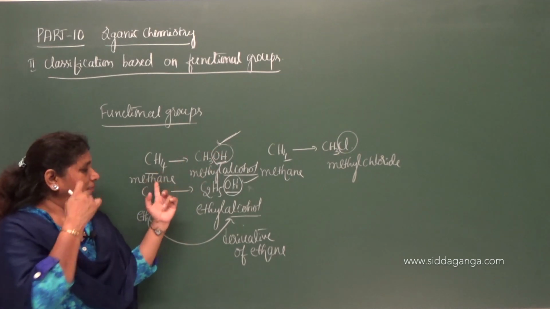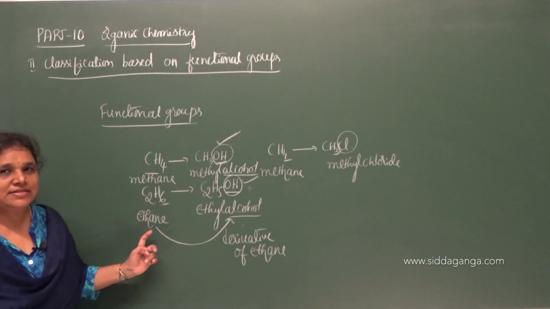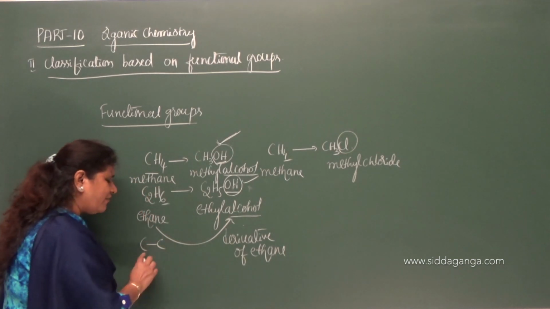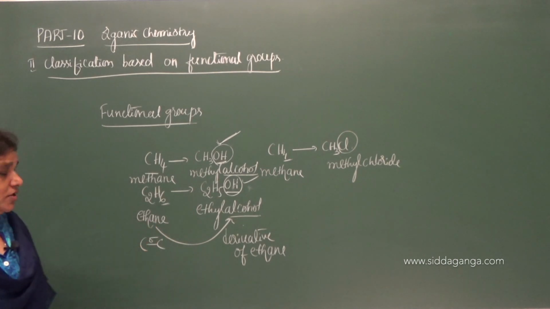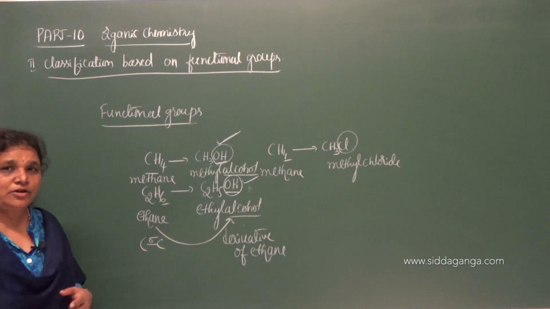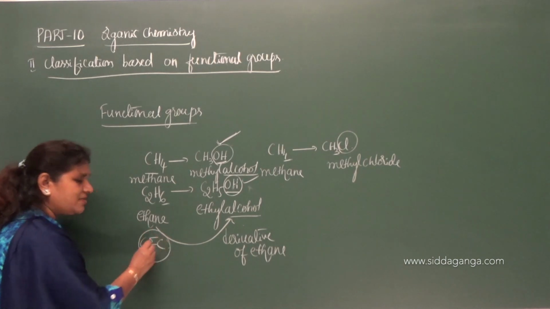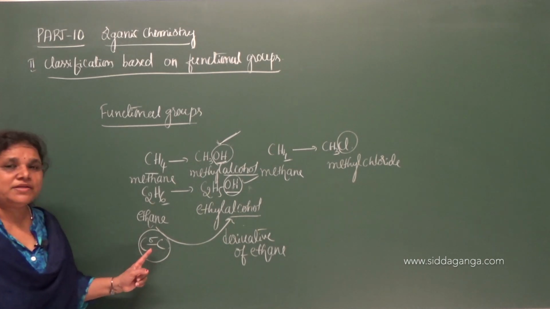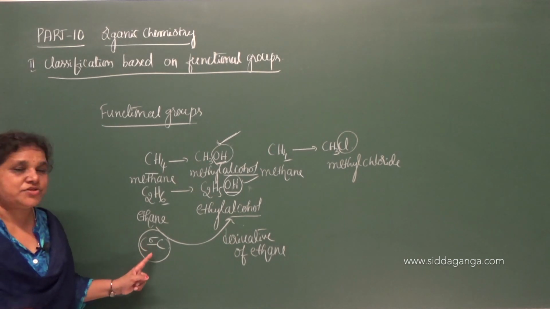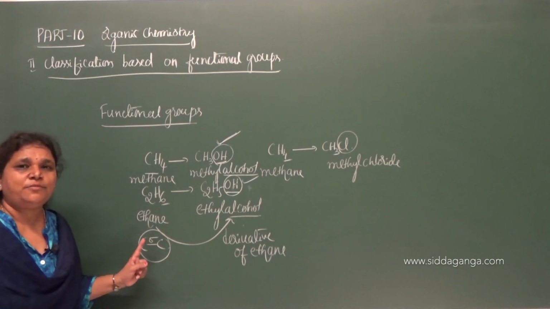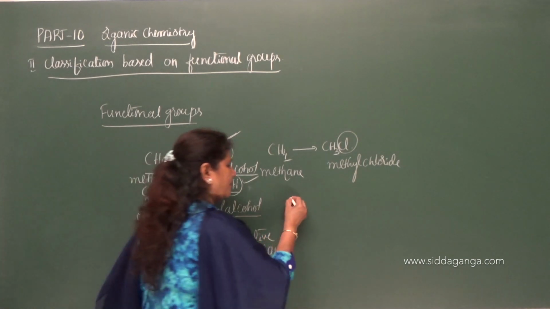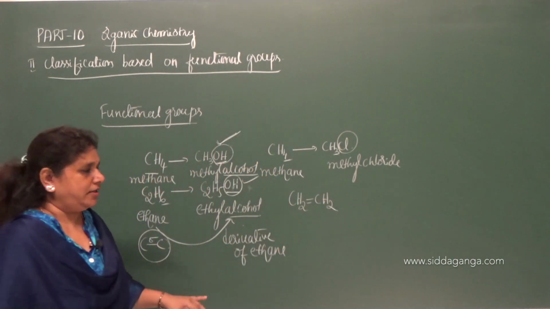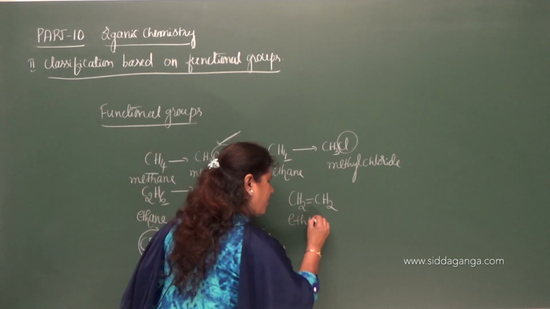So now methane and ethane show different properties, as I said. The properties of methane and ethane are due to the presence of the carbon to carbon single sigma bond. So why do methane and ethane show particular properties? That is only because of the presence of the carbon to carbon single sigma bond. Then the carbon to carbon single sigma bond is also a functional group because this determines the properties. If you consider ethene, CH2 double bond CH2, ethene, this is the first member of alkene.